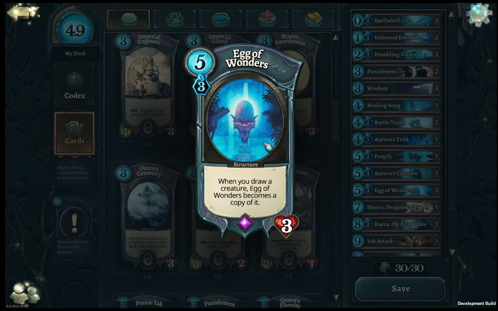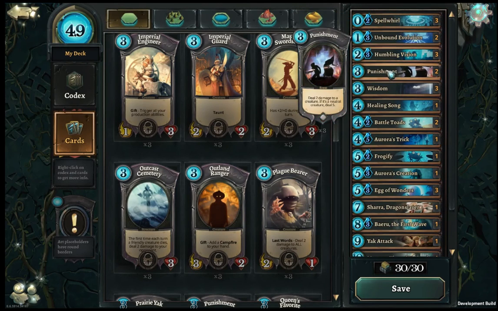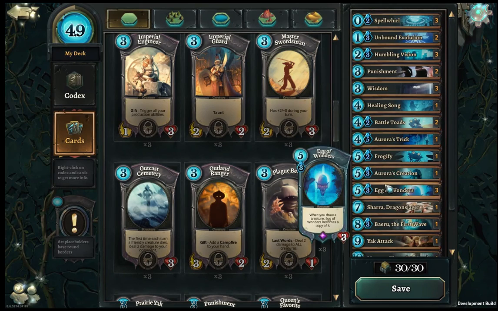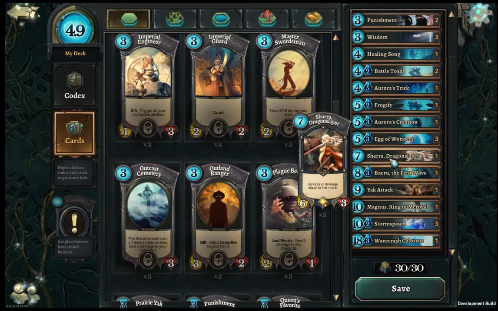For example, if you play it and then you draw a creature that costs less than 5 Faeria, that's a terrible card. You just played a creature that was less than 5 Faeria for 5 Faeria. So what you want to do is build a deck that doesn't have any creatures in it that aren't super powerful. In this deck, this includes